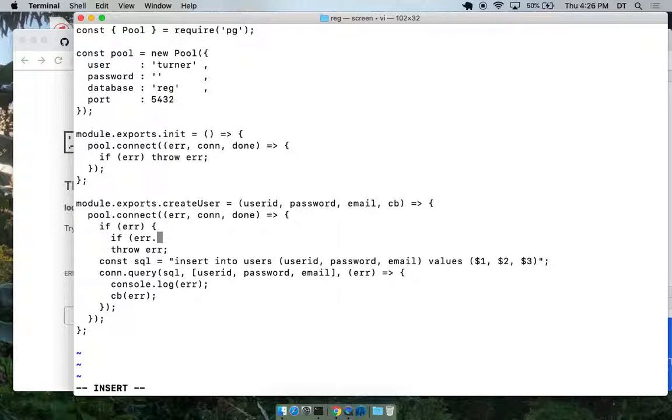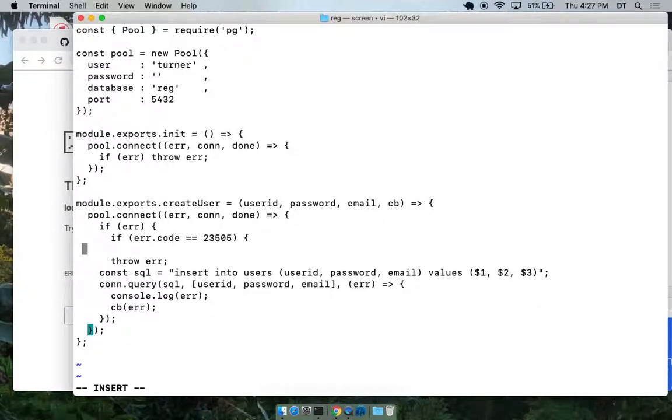What's the name of that field again? It's called code. So if the error code equals this, so I'm going to make it like that, in case it's a string and it's a number. If the error code is that, then we'll call the callback with no error here, but with false here.